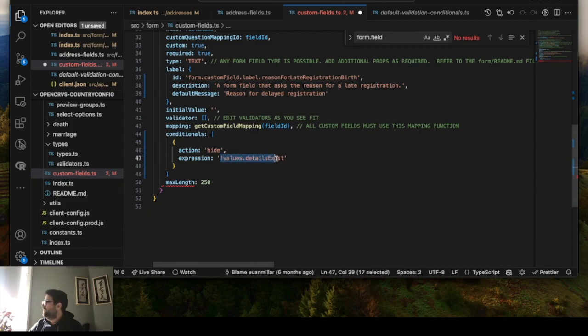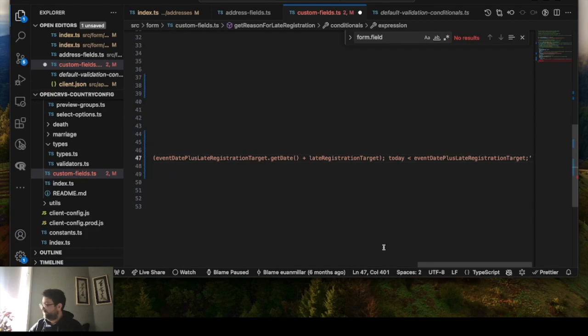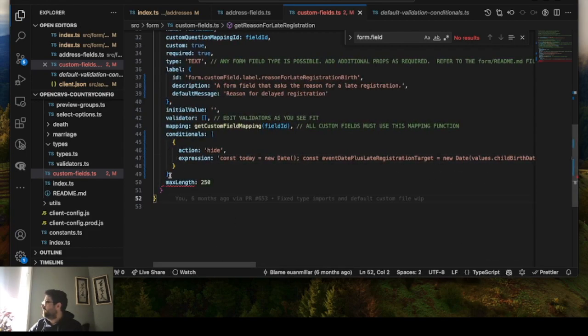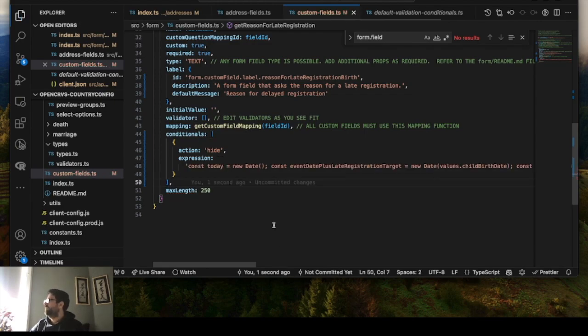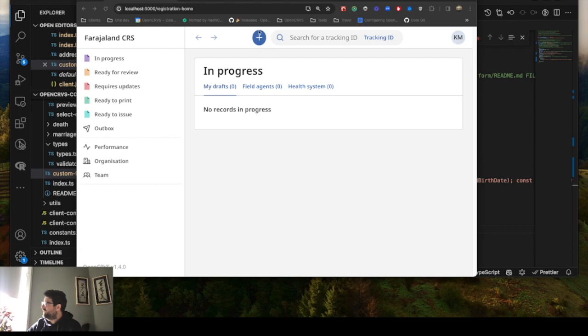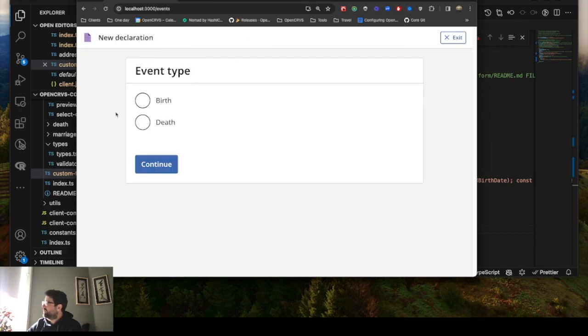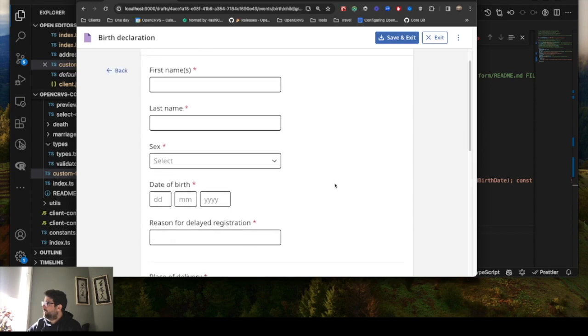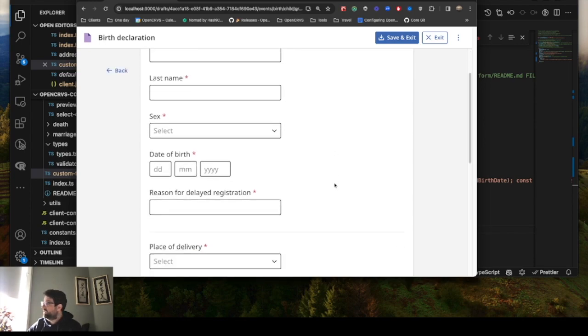So that's what's going to go into my expression. Okay, so I'm now going to test this conditional. If I go back to the application and look at the child's page, at the moment I still see the question, and this is because I need to do some more code to check that the date of birth entered